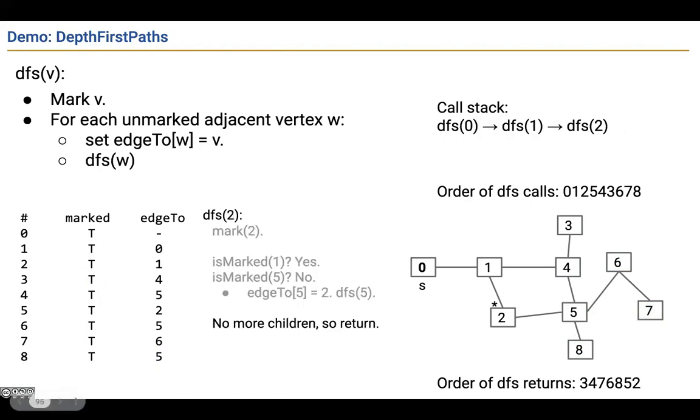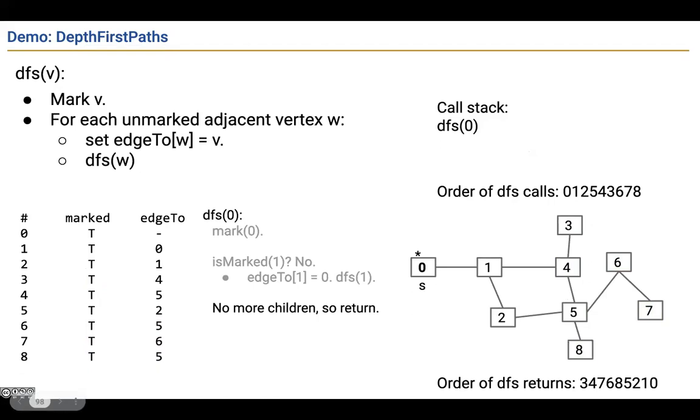And now everything is marked. So I return, return, return. Everyone's done. And so that was depth first paths, speedrun. OK. By the way, one thing that I didn't mention last time, but I actually wrote down for you, is